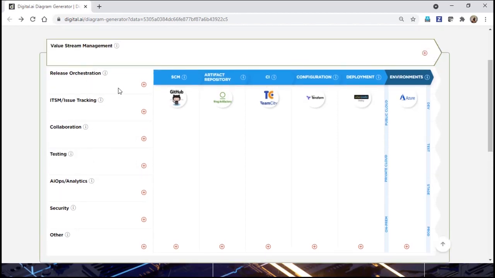I want to release, so I need some release tool, because the developer is creating and checking in code. The moment they check in, TeamCity realizes there are changes and immediately starts the Maven build and compile, storing the result here. The necessary configuration environment will be created using Terraform, and the created environment will be deployed. Where to deploy? In Azure, right?